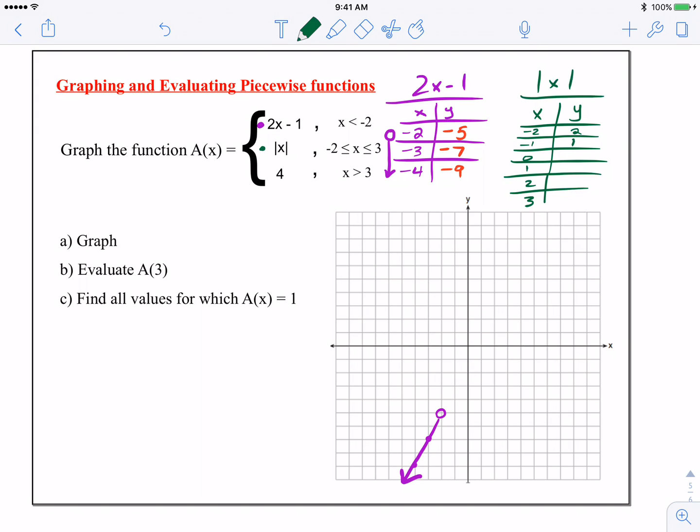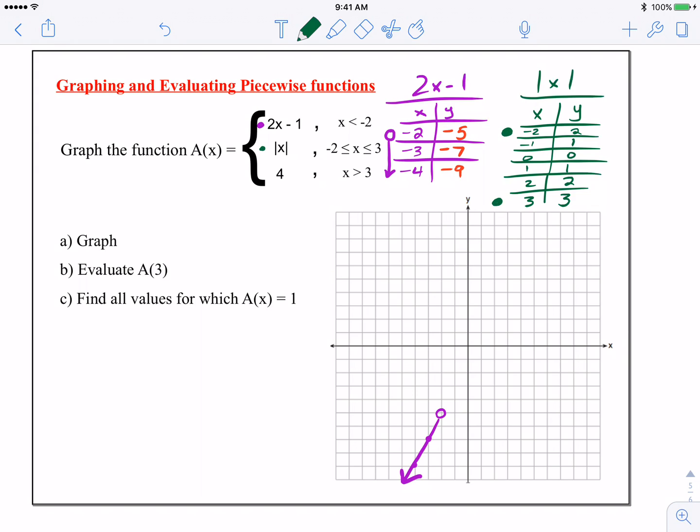This is going to be 1, 0, 1, 2, and 3. Okay, the absolute value of whatever x is. And now, if we look at our domain, we knew to go from -2 to 3, but let's check out, are they included, are they open or not? Both of those endpoints are included, so I'm going to put,